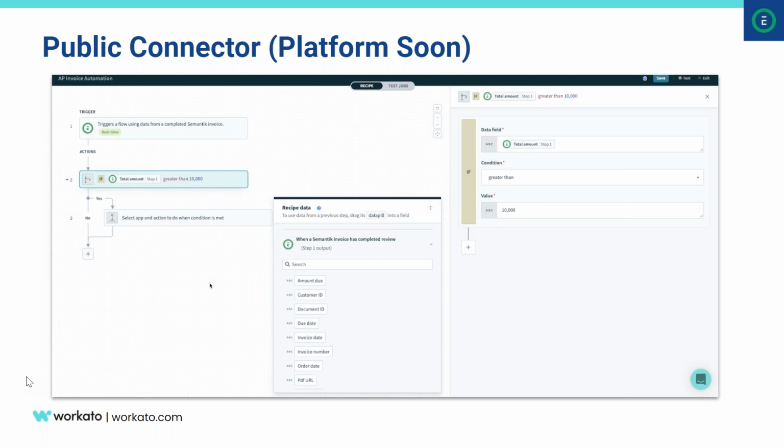One of the really nice things is whatever type of document you process, you'll actually see data pills for all that dark pertinent data that we've extracted. So for example, with an invoice, you'll see things like all the header data, amount, customer, client ID, due dates, invoice dates, all that information is exposed and available. And in this example, you can see quite simply, you can maybe branch on an amount for approvals. Chris will show you some more complex things when we get to the demo. Next.